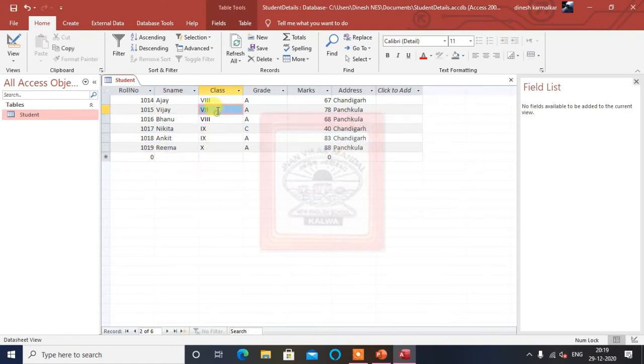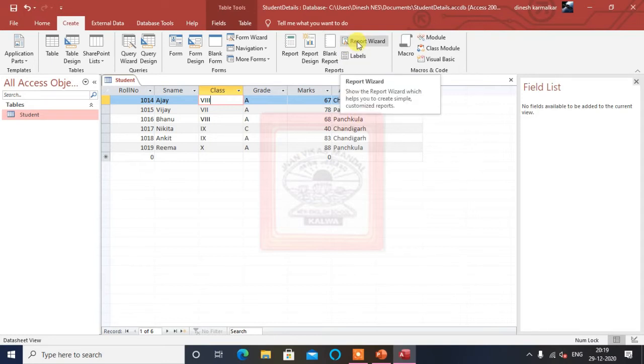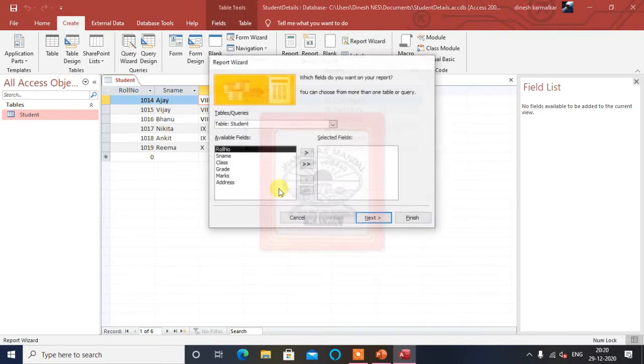Now first of all I will revise how to create these reports which we had done last time, how we did it with the report wizard. Once again we will go through that first, and then I will show you today's option, that is the report tool or the blank report. Here you can see this option is there, and this is the report tool, and this is the blank report. Today we will explore the other options, but first of all we will see what we did last time. We used the report wizard here.